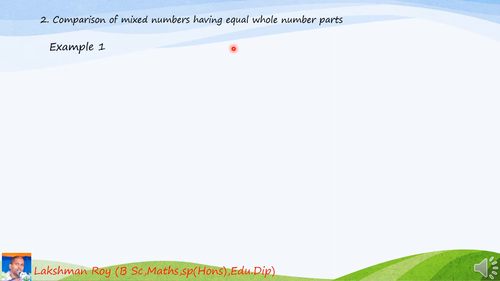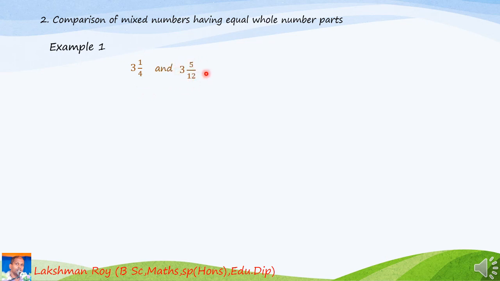Now let's move to the second part, comparison of mixed numbers, students. In this part, we look at comparison of mixed numbers having an equal whole number part. The whole number part is equal. Let's see this example. Example 1: 3 and 1 fourth is the first mixed number, and 3 and 5 twelfths is the